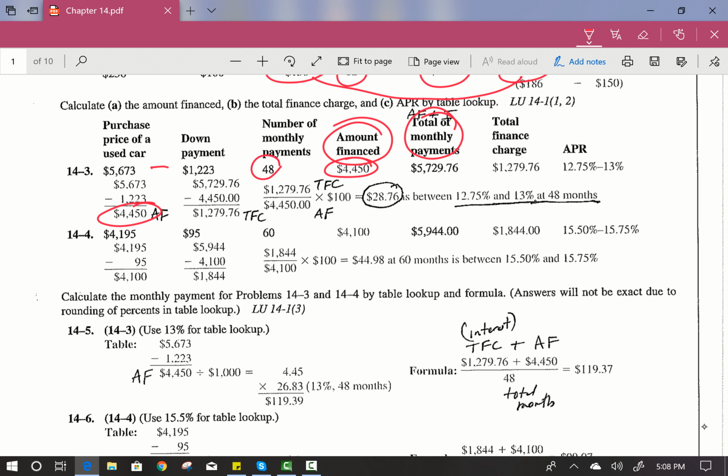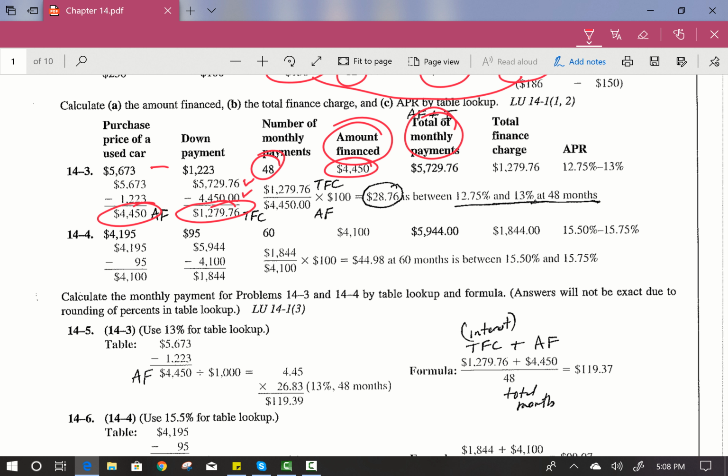We have 48 monthly payments. That's built into that. To find out what our total finance charge is, we are going to subtract the amount financed right there, $4,450. Subtract that from the total of all of our monthly payments, which is right there, and that will give us a total finance charge, or total interest, of